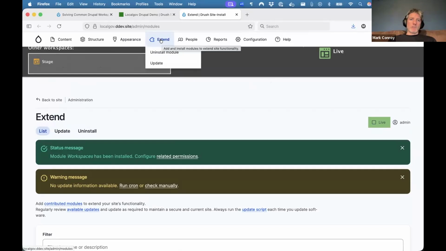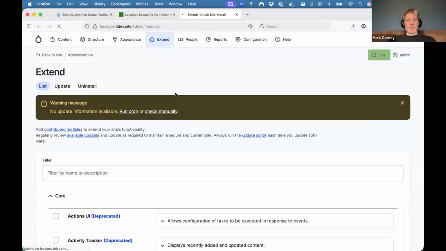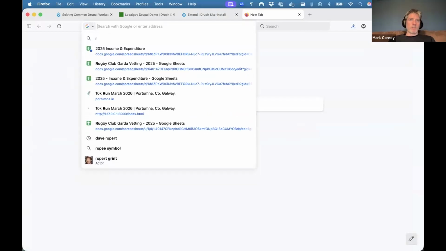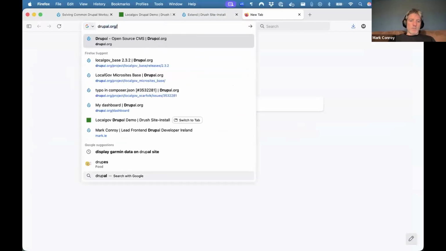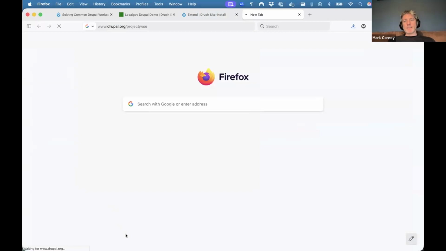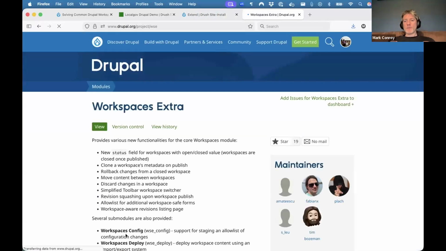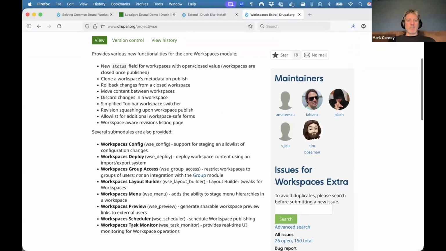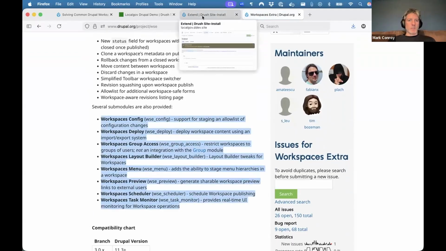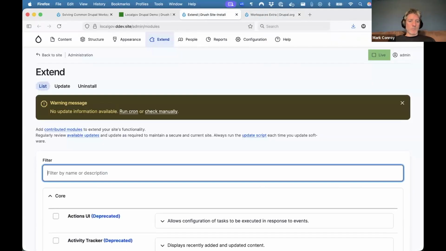So let's come back to our extend page here. We're going to install a new module, and the new module is Workspaces Extras. You can find that on drupal.org. It's under the namespace WSE, Workspaces Extras. And these are things for workspaces that we hope to be available in Drupal core at some stage, but we're developing here outside of Drupal core just because we can move a bit faster. You can see the different sub-modules here that are available in it, and we'll just switch on two of them now. So if I look for workspaces,